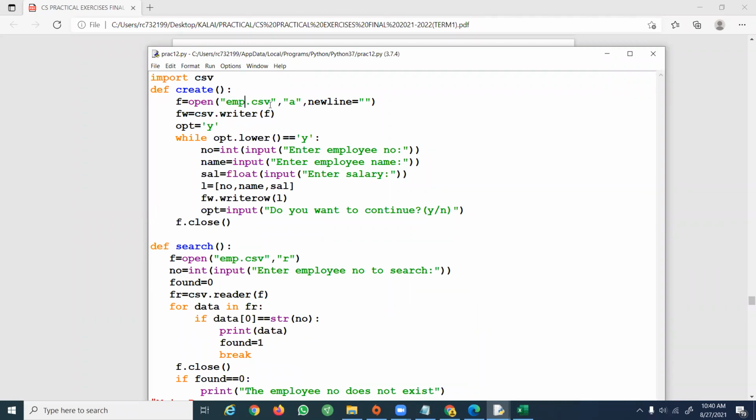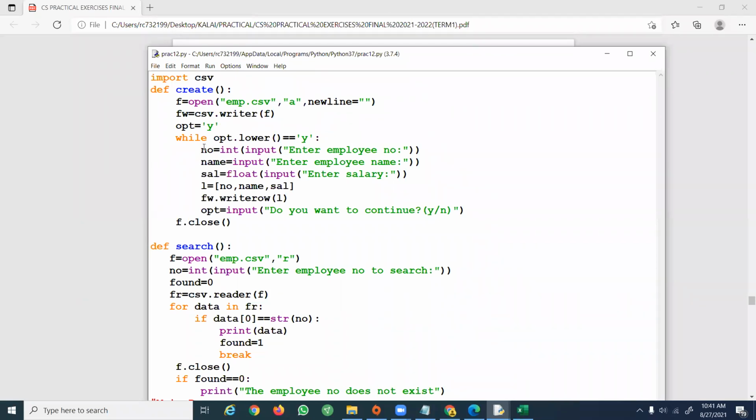After opening the file, the very first step is to create the file handle. So fw is equal to csv.writer of the file object that you have created; you have to mention it here. Now I'm going to read the data from the user and write it into the file. We are going to follow the traditional method with an option initialized with Y. As long as the user says yes, I'll be receiving and adding.